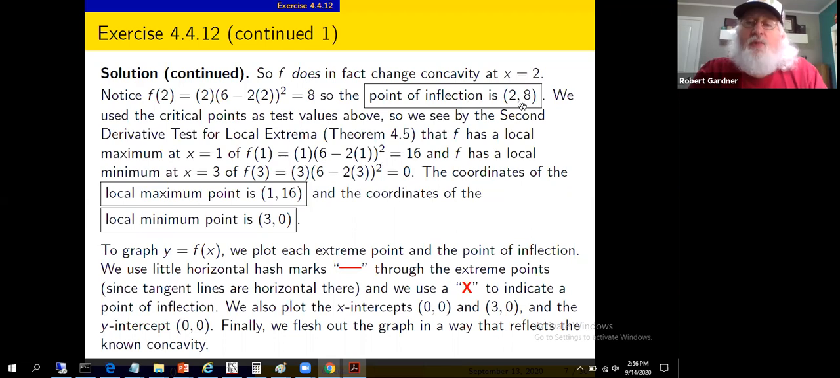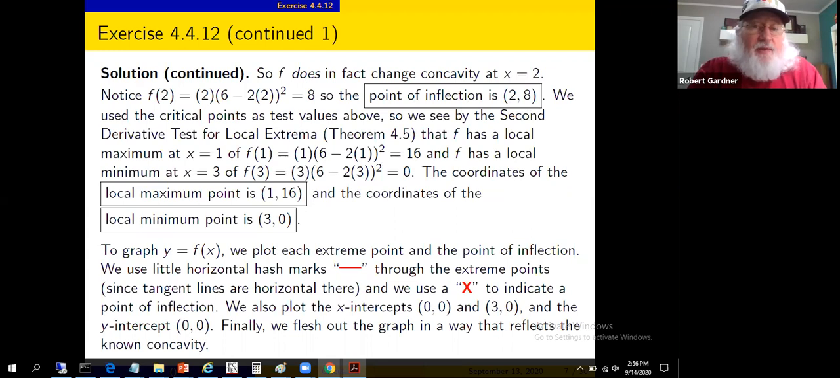What's special about the point 2a? Ooh, it changes concavity there. What's special about the point 116? Derivative is 0. What's special about the point 30? Derivative is 0. So we'll plot these points, drawing attention to these 3 special points, and then we'll connect them